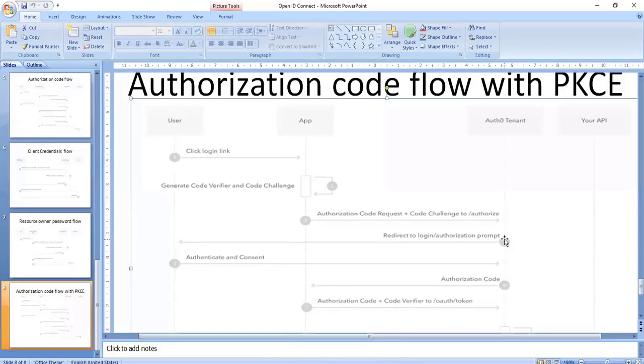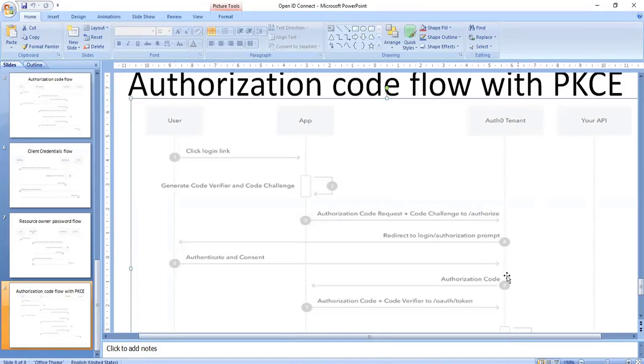Now Okta will again route us back to the Okta login screen to enter the user ID and credentials. Once the user ID and credentials have been entered by the end user, authentication will take place. Once authentication has been successful, the authentication consent details will be sent to the Okta app.